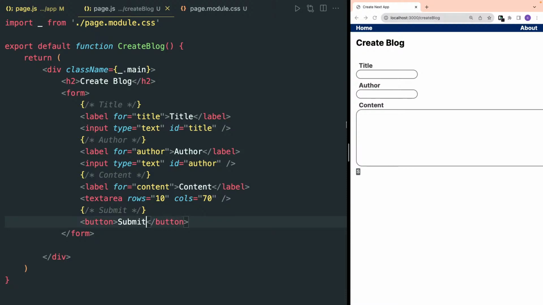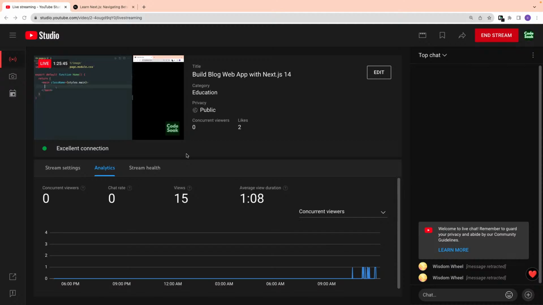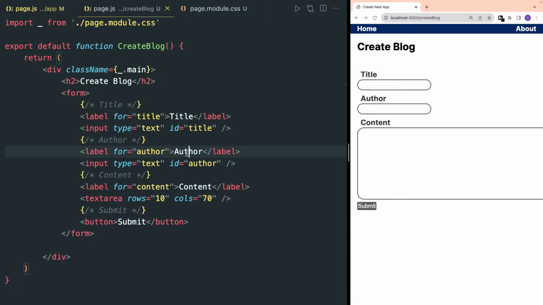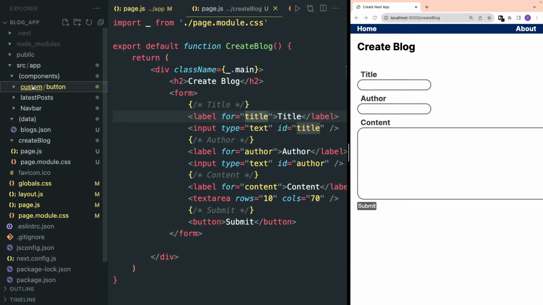Let me write submit. Okay, I have to actually, I think, create a